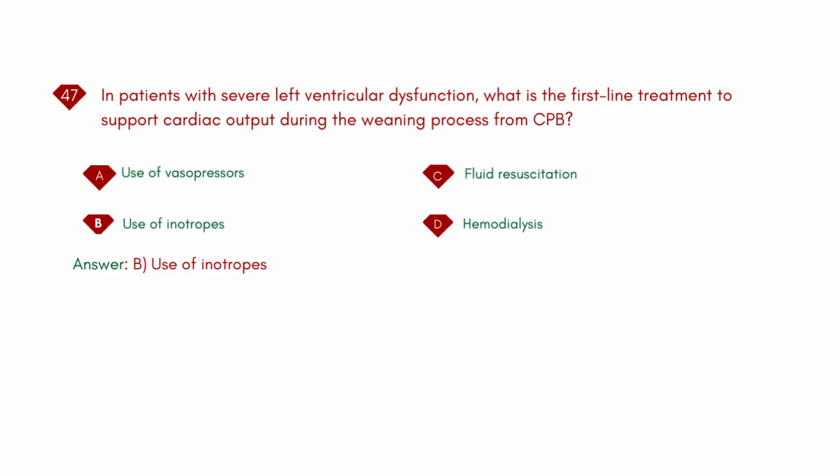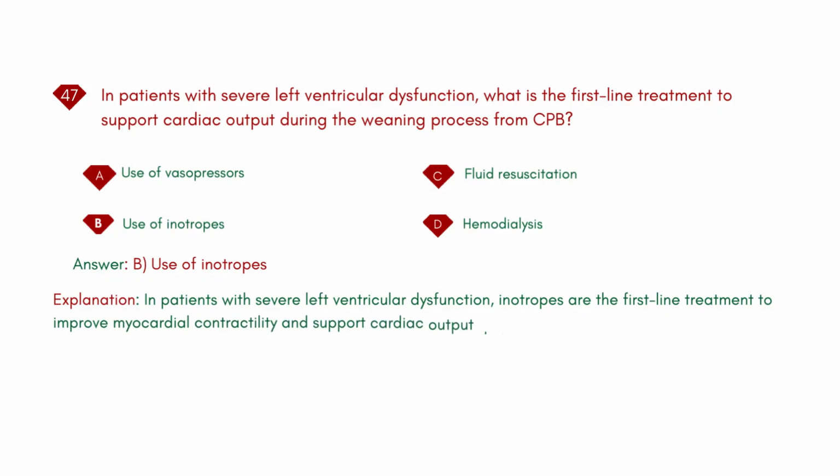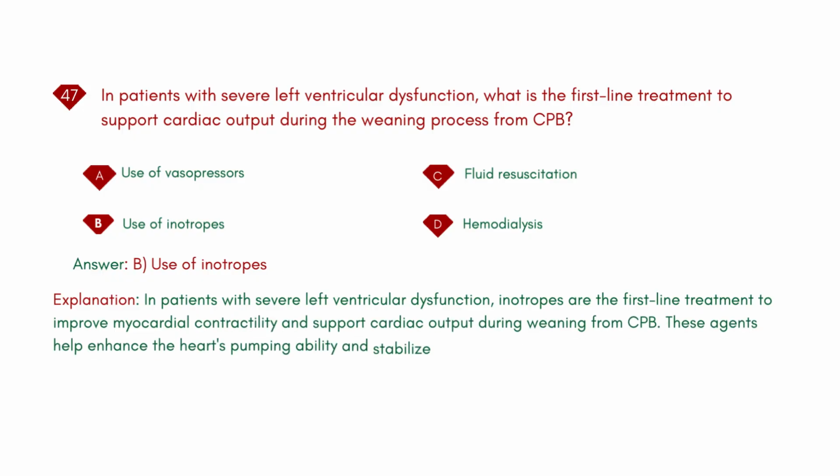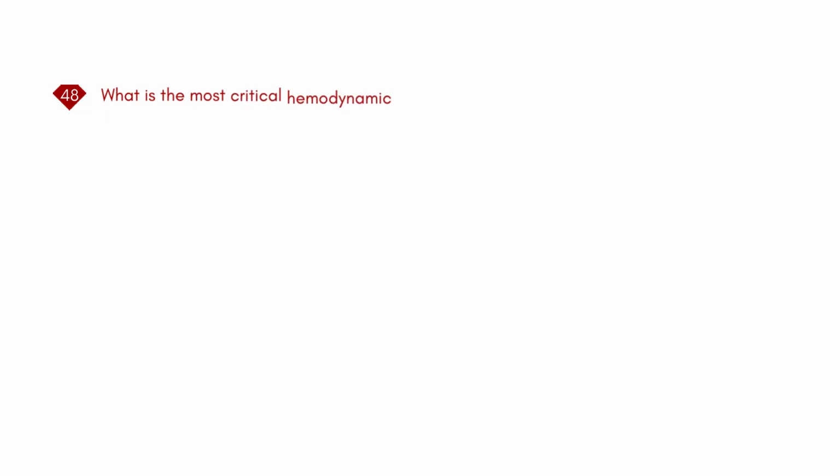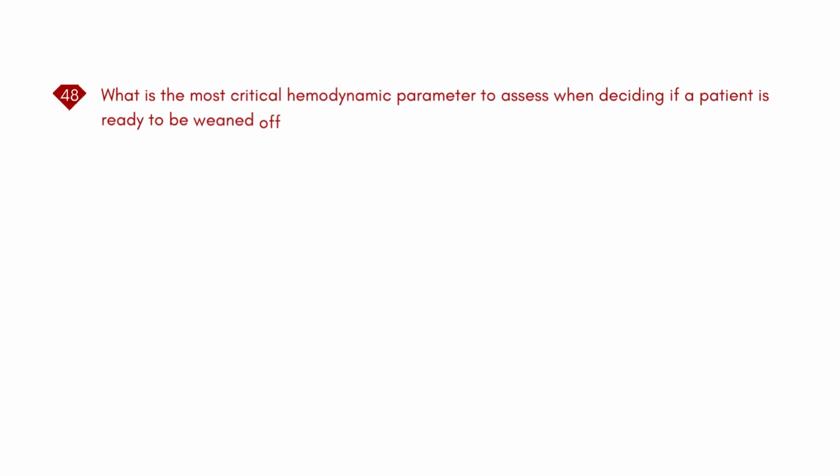Use of inotropes. Explanation: in patients with severe left ventricular dysfunction, inotropes are the first-line treatment to improve myocardial contractility and support cardiac output during weaning from CPB. These agents help enhance the heart's pumping ability and stabilize hemodynamics. What is the most critical hemodynamic parameter to assess when deciding if a patient is ready to be weaned off